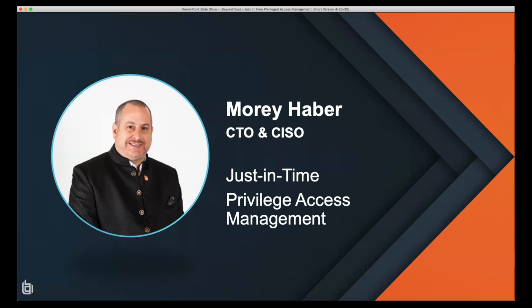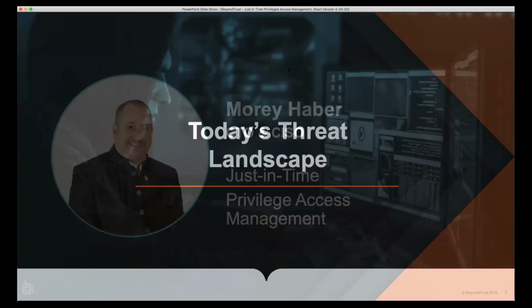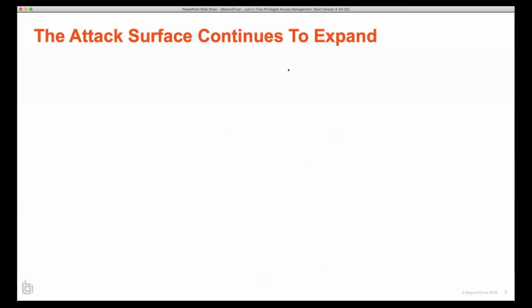We're going to focus really on those privileged accounts that have sensitivity in your organization, and not only talk about them from a Microsoft perspective, but how they can be basically managed and placed into an ephemeral state across the board, whether it's Mac, whether it's Unix, whether it's a network device, whether it's cloud, or whether it's IoT. Because really, privileged accounts anywhere can be leveraged against your organization, and we have to protect against the modern threats that face them. Now, today's landscape is quite interesting.